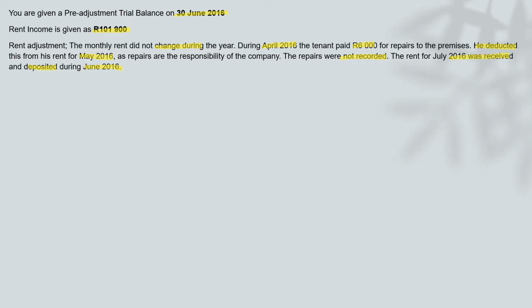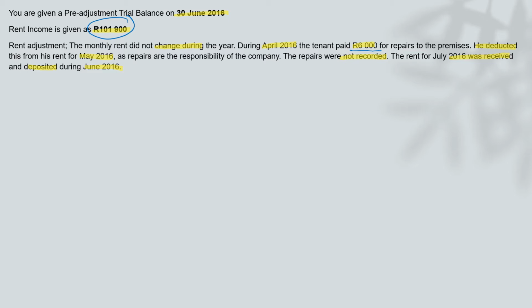But what you need to understand here is that the amount of rent given is the amount that was received, because that's what they recorded. They never recorded repairs, so it's the amount that was received. They received a total of 101,900. That was after minus the 6,000. But in terms of accounting, how much rent income are you supposed to record? You're supposed to record the full rent income, even if you received